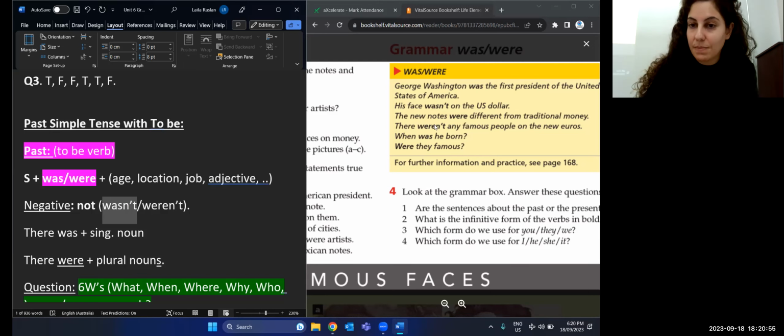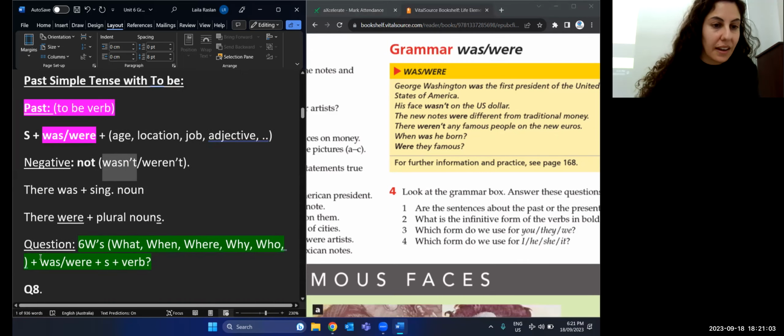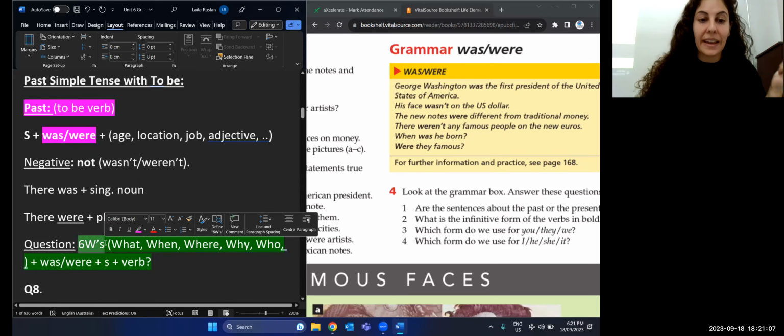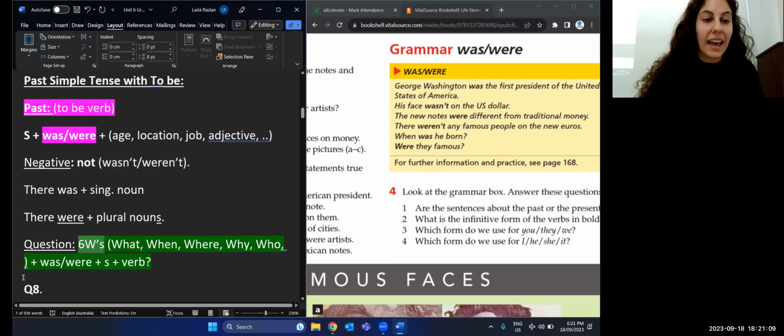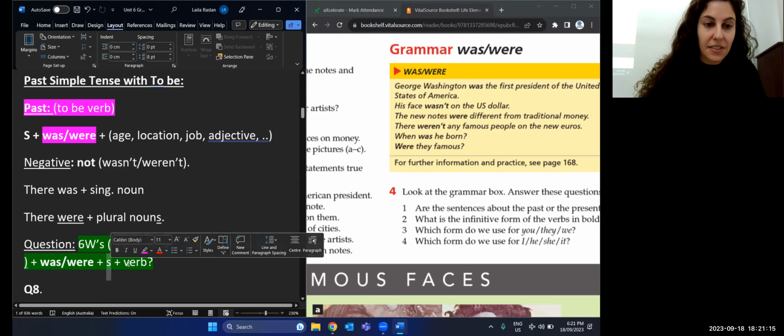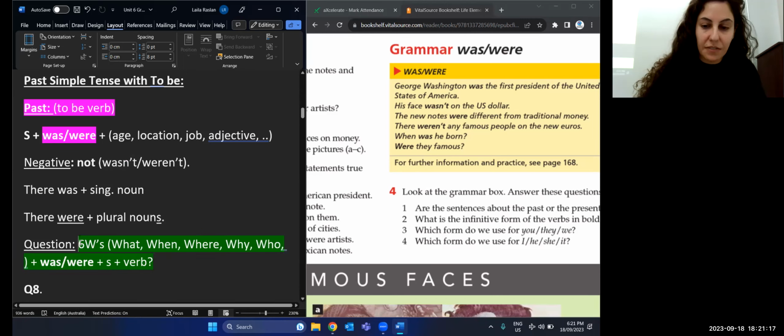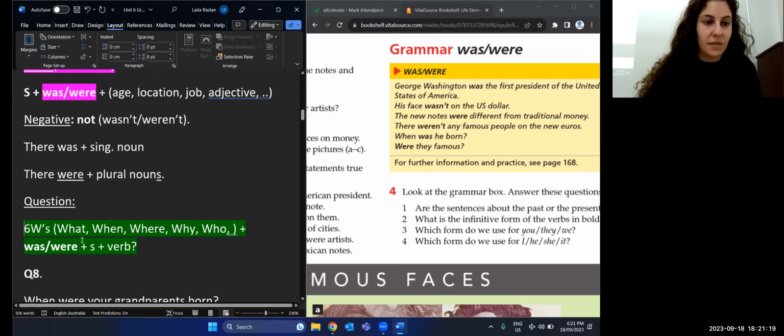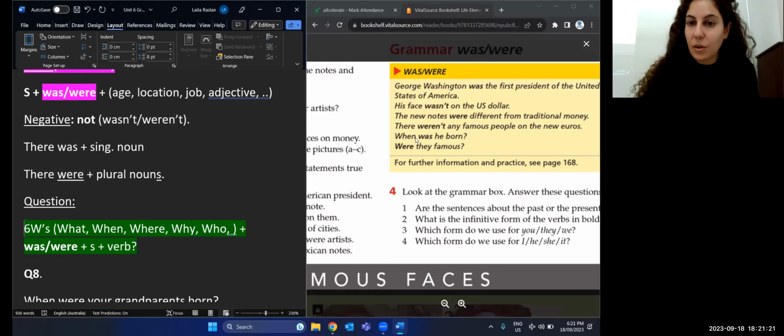They weren't, another negative, there weren't any famous people on the new euros. And to make a question, we either start with the 6 W's. You remember your what, when, where, why, who, and then you add the verb to be, was or were, and then the subject, and then the verb. So you have to remember that structure. So to make a question, when, so we're picking when